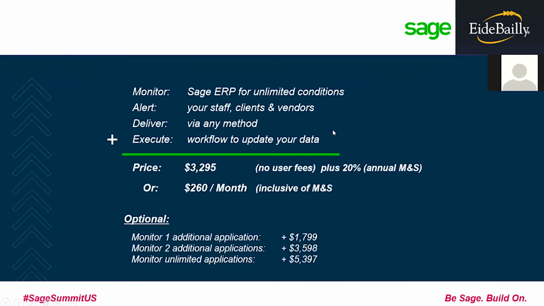So let's take the scenario up at the top of the slide as our example. Let's say that you want to start out by using Sage Alerts and Workflow to monitor your Sage 100 or Sage 500 application for an unlimited number of business conditions, including all of the ones that ship with the product, the 85 to 100 pre-configured events, as well as the ability for you to modify those events and create an unlimited number of additional events of your own, including the ability for you to trigger alerts to your staff, clients,